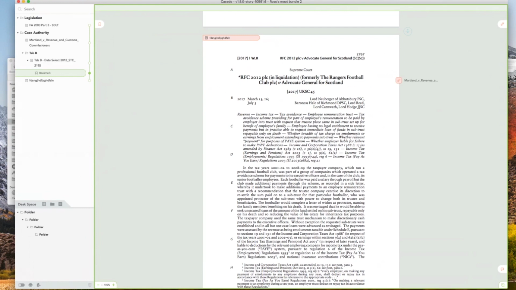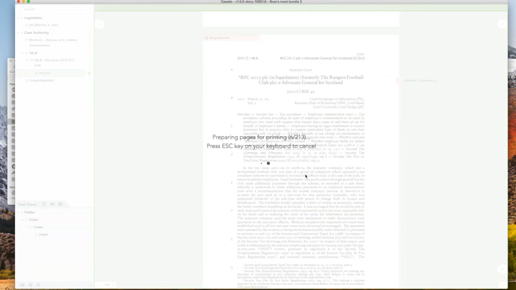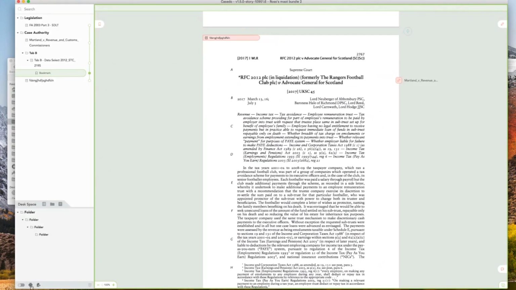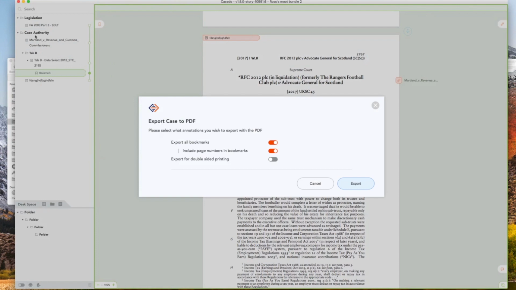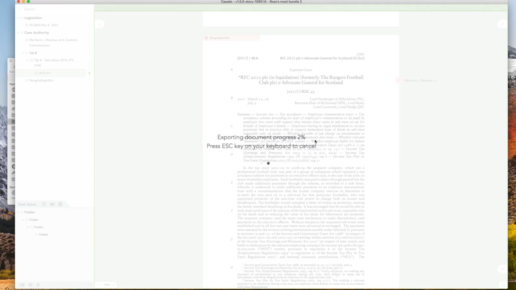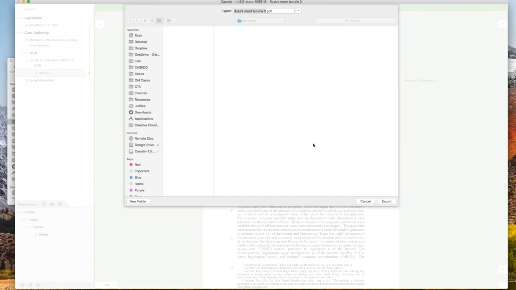Another question I see here is how do I export the file as a single PDF? It's this button down in the bottom left. There's 3 buttons. See, there's a print button, which will send it to the printer. That's a bit legacy. You probably don't want to do that. But the one next to it is the export to PDF button, and that will just export everything up in the top left to PDF. If you click that, it will process this document. It's fairly fast. There you go, it's done, and it will ask you to save that PDF somewhere.